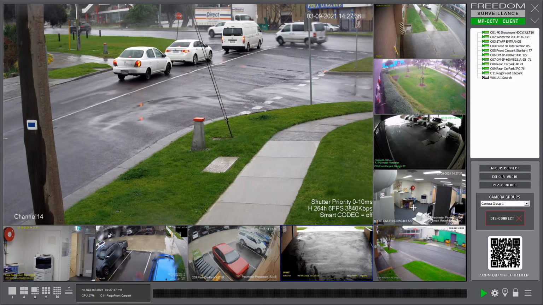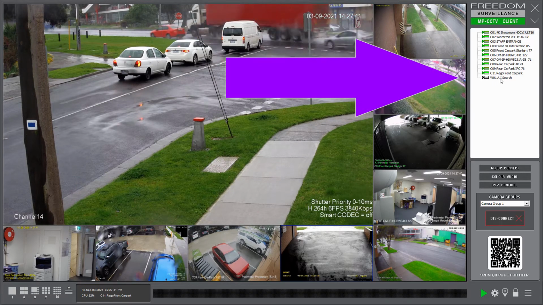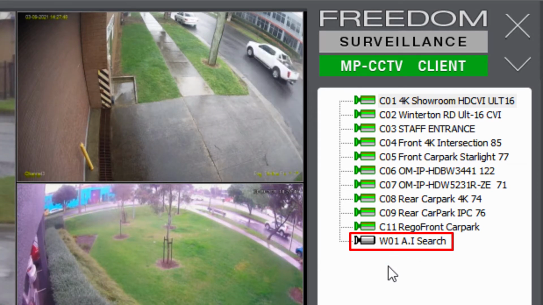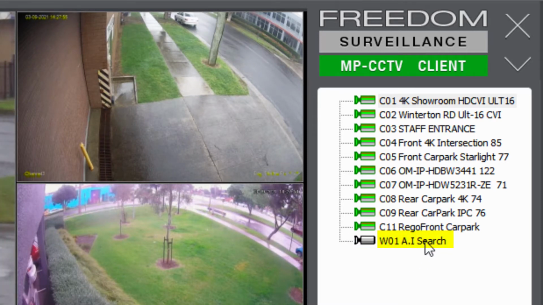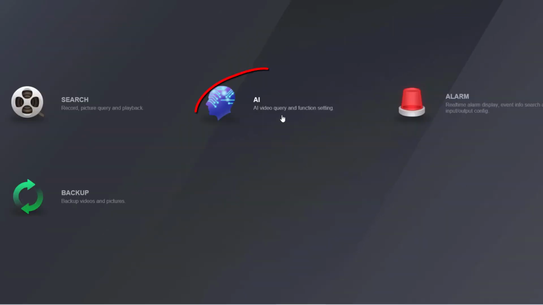So I've currently got the Freedom VMS version 3.6 open, and if we look over to the right in the camera list, we've got a device called W01 AI Search. So that's how we launch our web browser to do an AI search. I'm going to double click on that to open our web page. Now we can log in. I'm logging in using a limited account. Once we're there, we click on the AI video query menu,